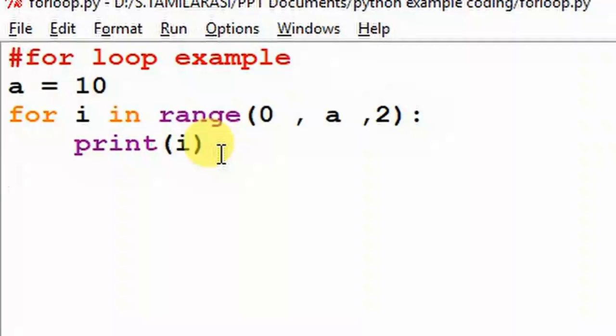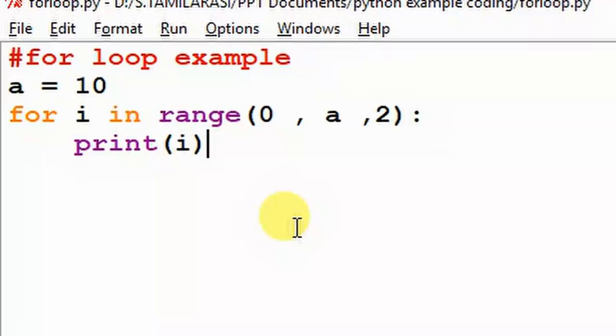Finally, I give one more example, the first example and the final example. This is the final example, and this is the first example type. Here I talk about the initial value, the ending value, and the increment value. In the first example the step is 1, and in this example I use 2.